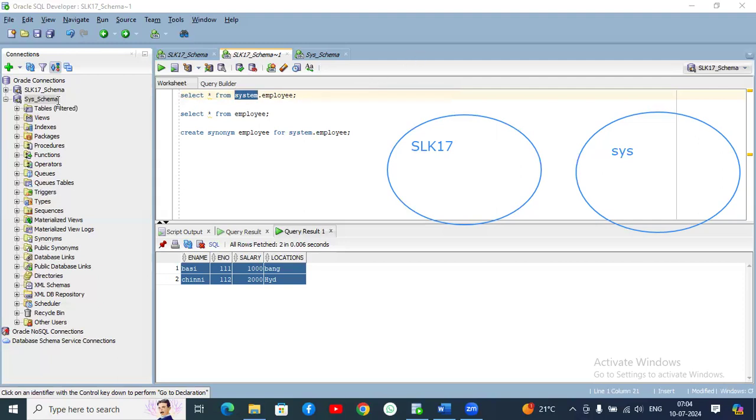I have to prefix the schema name. When I prefix the schema name, in the backend it is going to automatically go to this schema, look for this table, and give us the data. Till this part is clear? Yes, bro. Now, just to avoid prefixing the schema name every time to access the same table, what we do,